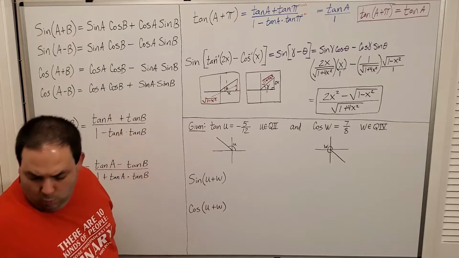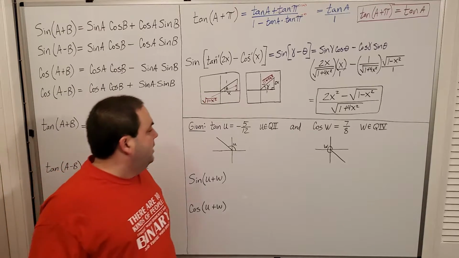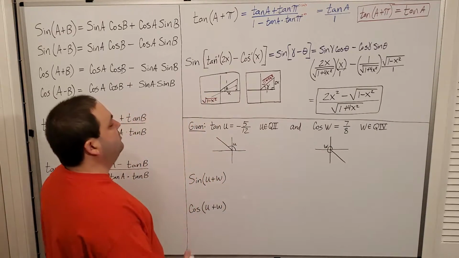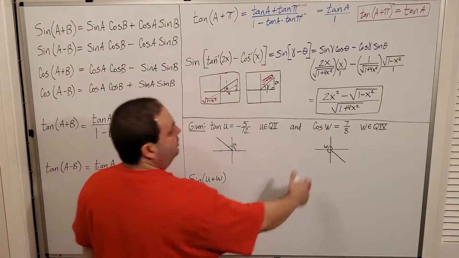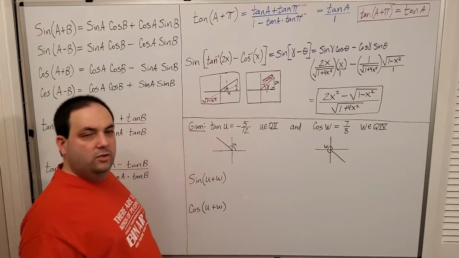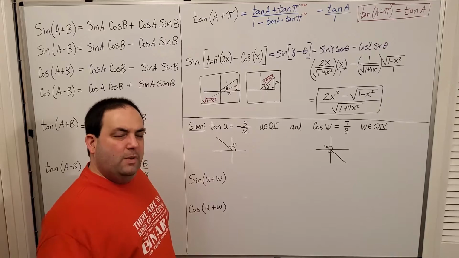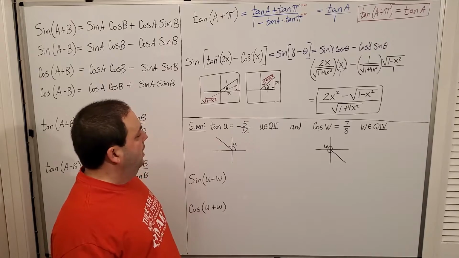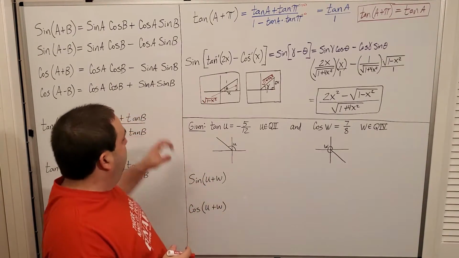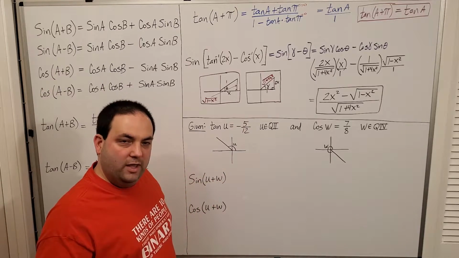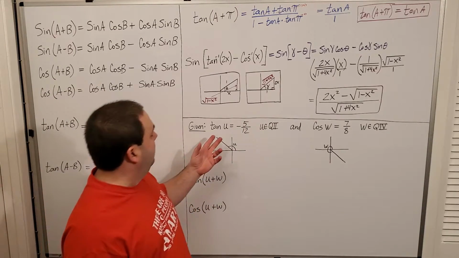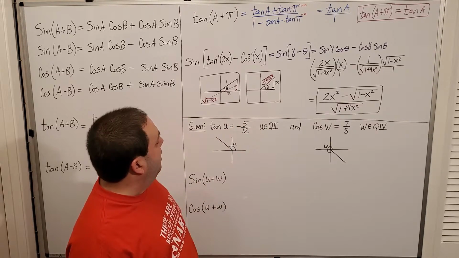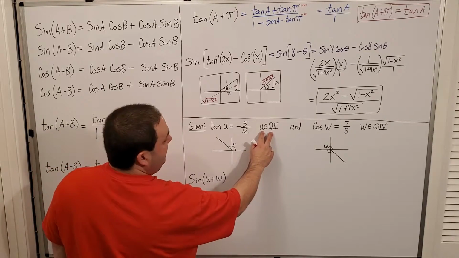Okay, next we have the situation where I don't know what angle U or angle W are. And yeah, I know we could do some inverse trig, like I could do the inverse tangent here, I could do the inverse cosine here, and we could actually solve for those angles, sure. But there's going to be a lot of loss of accuracy there for one, okay? Plus, we really want you to practice these particular identities and talk about how they can form other relationships here, okay? So the tangent ratio of U is negative 5 over 12,